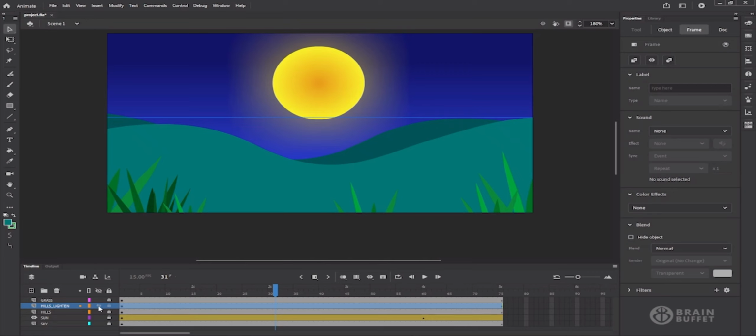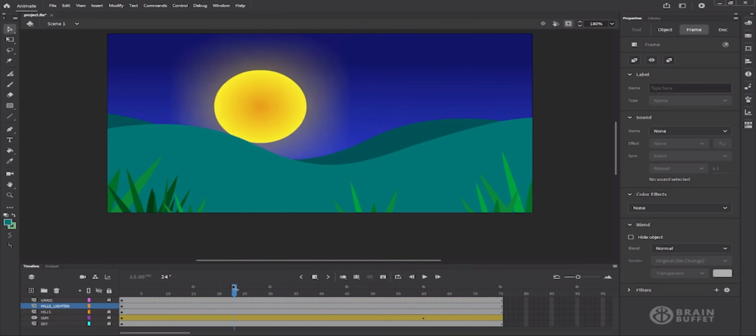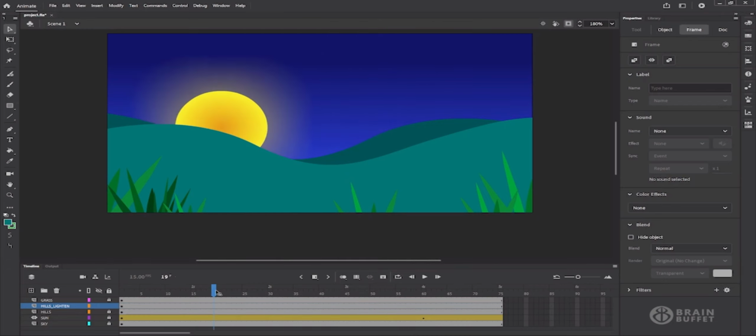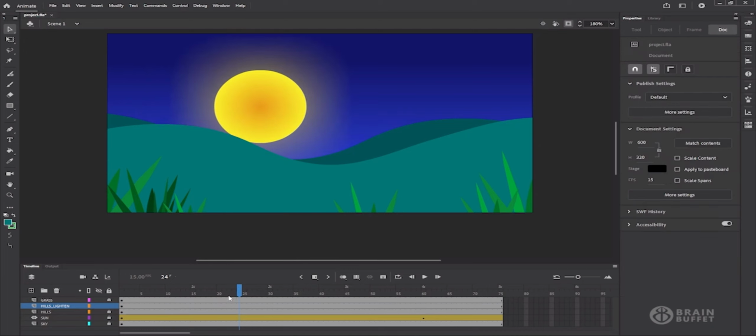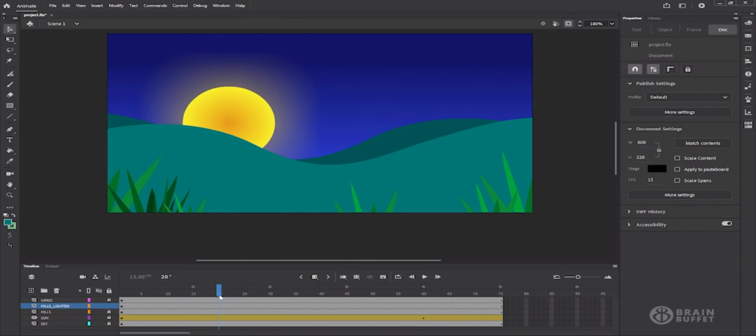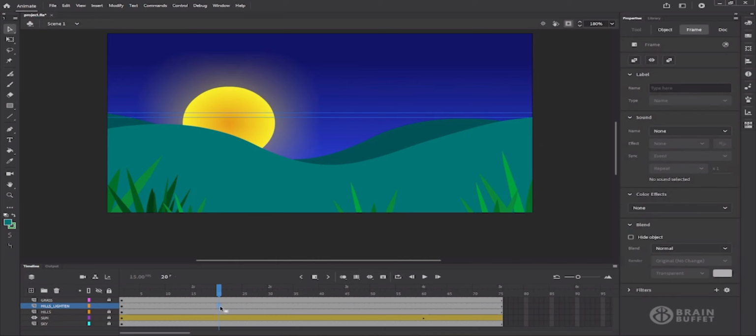So what we want to do is have a mask just sort of wash over all these hills as the sun emerges. So let's figure out where that sun starts out. Starts popping out right about there and probably here thereabouts. Maybe we'll go to frame 20 to keep it nice and even. This is where we're actually gonna start lightening things up and that light is gonna spread across our hills as